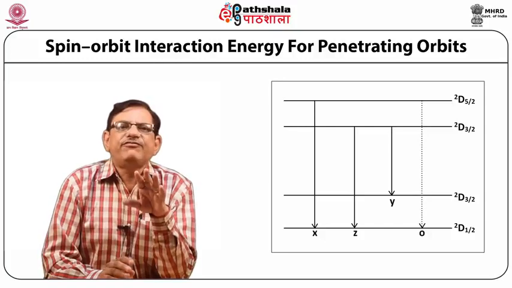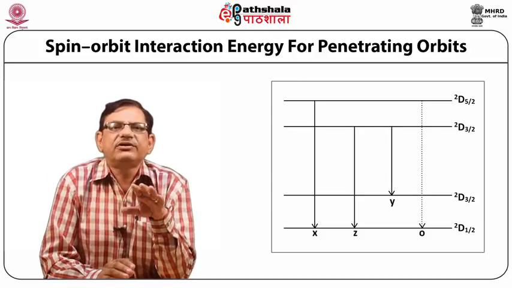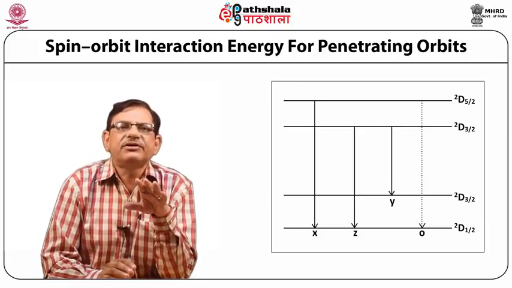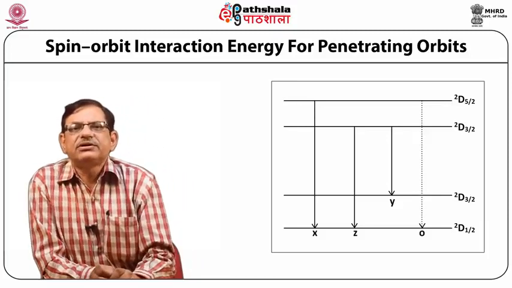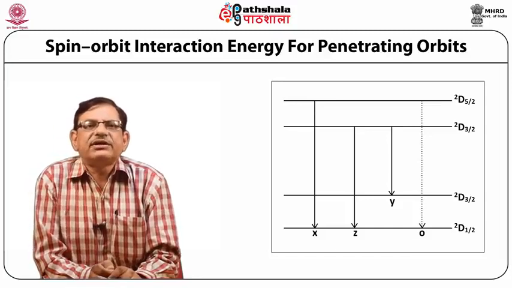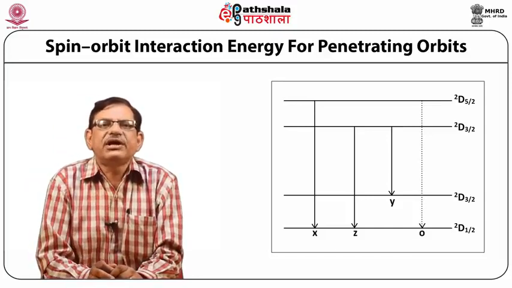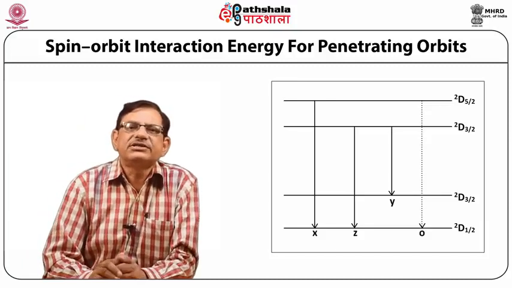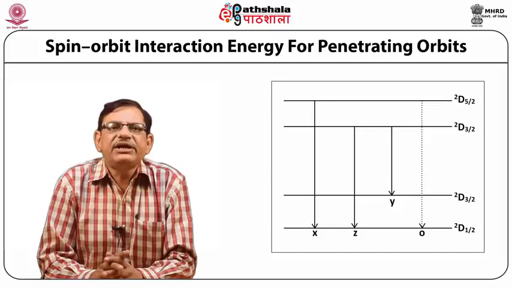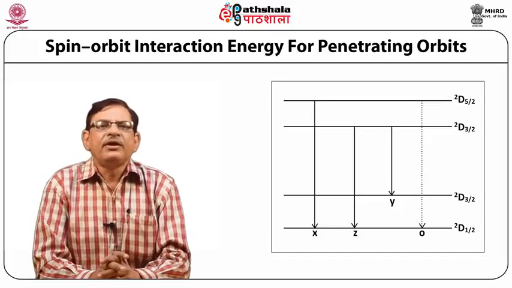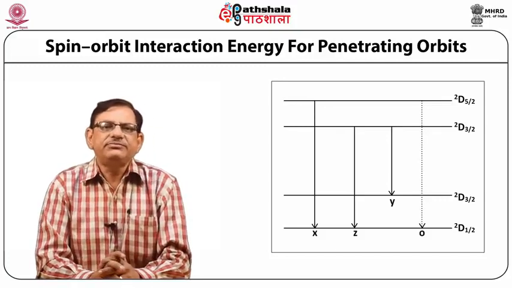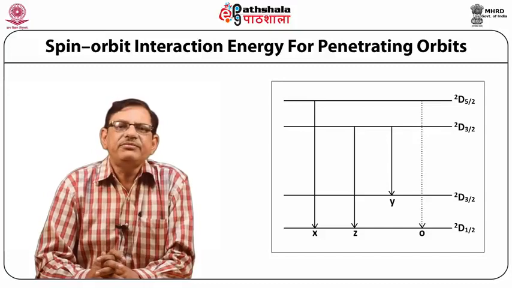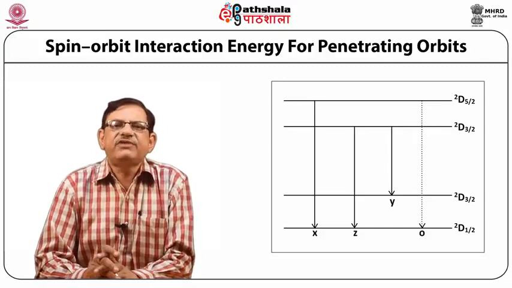Frequency f is linear velocity v upon 2 pi r, using the relation for v is equal to 2 pi square e square z upon n h and r is equal to n square h square upon 4 pi square me raised to the power 4 z, and one gets f is equal to 4 pi square me raised to the power 4 z square upon n square h square, and using t is equal to 1 by f one obtains the relation. The other alkali atoms are lithium 1s2 3s, potassium 3p6 4s, rubidium 4p6 5s, and cesium